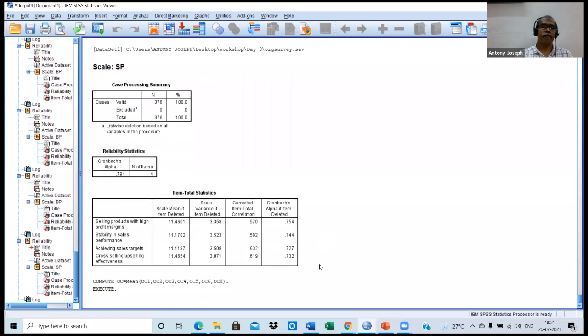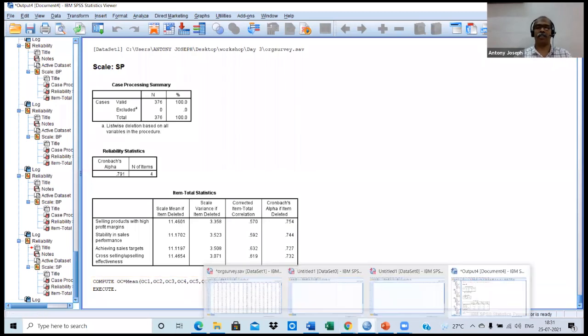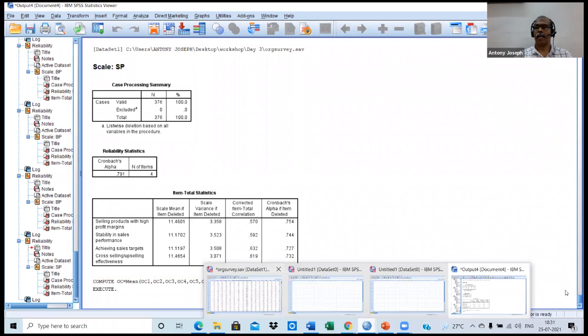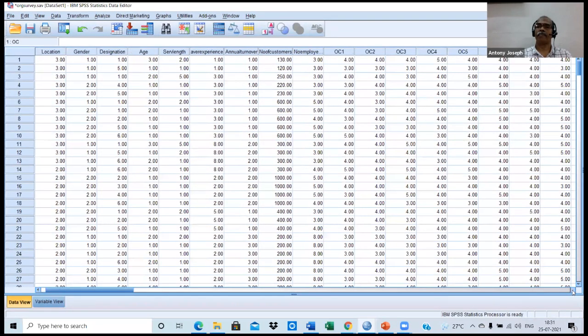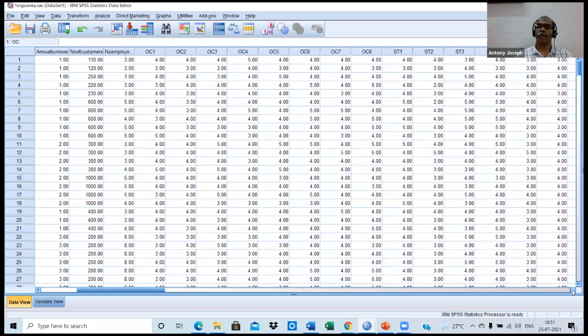Did anything happen here? No. Looking at the output, you can see nothing happened. Compute OC equals mean. The command given by us is shown here. So we are moving on to the data set. What happened? Look at the last column.